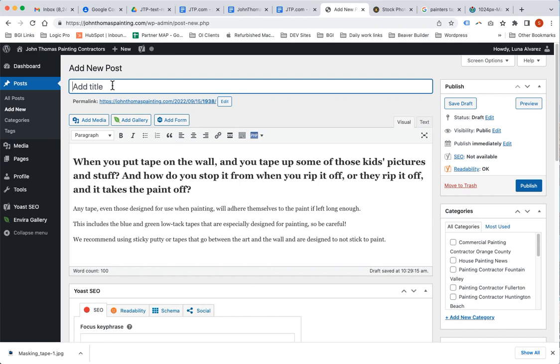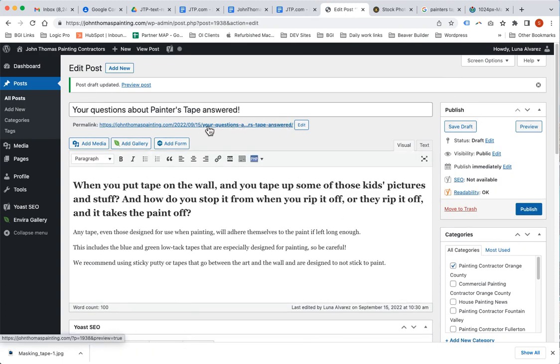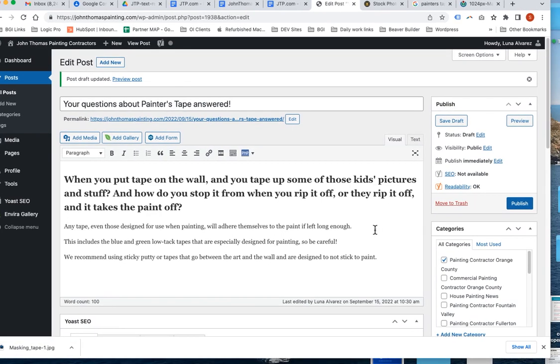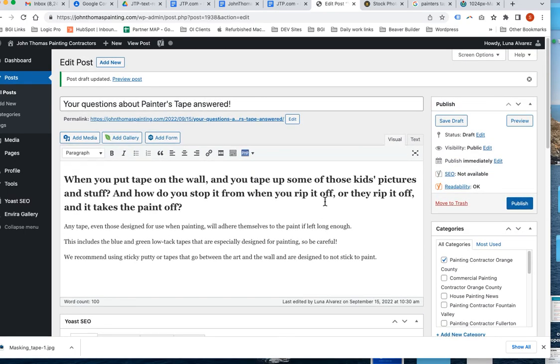So I'm going to go ahead. Let's see. Okay, and so I'm going to go ahead and save this as a draft. And then if you'll notice, it changed the slug to reflect the new title. So basically, this is done in its most basic, simplest form, but we're going to do a couple more things to